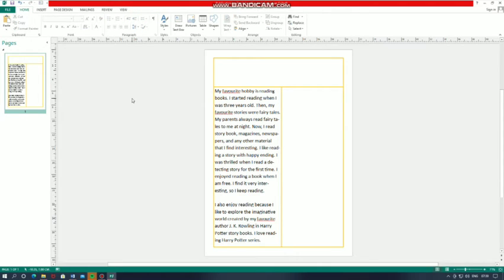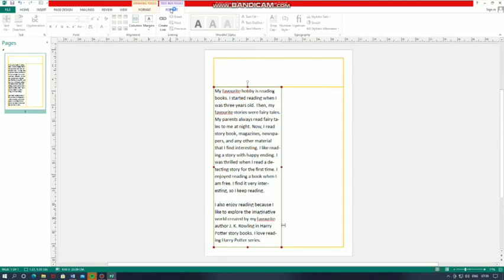You will notice that the text does not fit in the text box. To accommodate the complete text, you can link the left and right text boxes. For this, select the left text box. Select this left text box. Click the text box tools. You can see here text box tools. Then in the linking group, click create link. Create link. The cursor changes to the link, a picture or a jug icon. Click in the next text box that you want to link to. In this case, it is the text box on the right side.